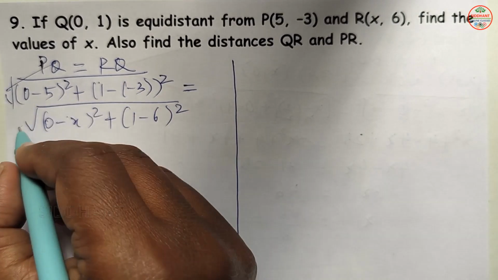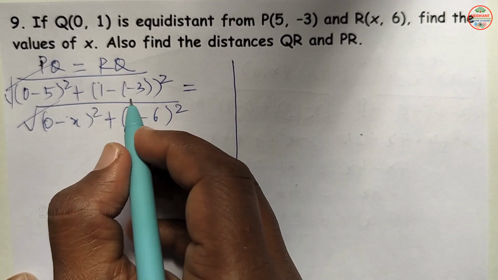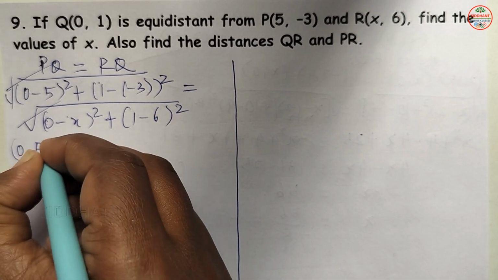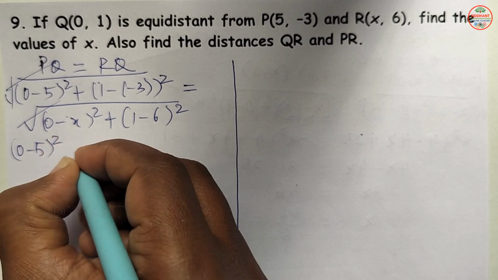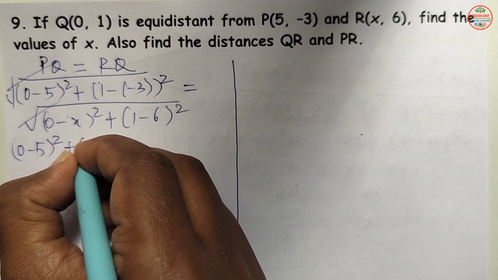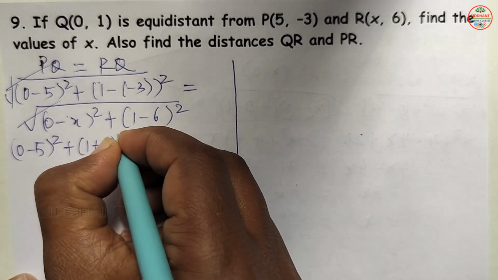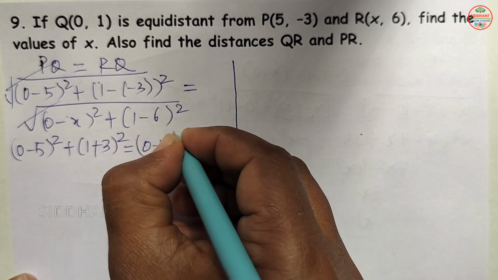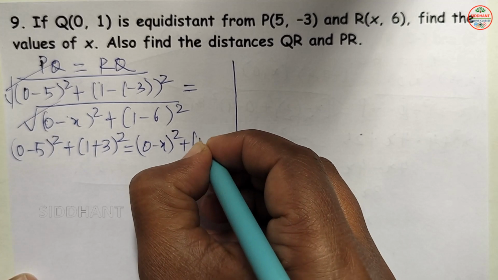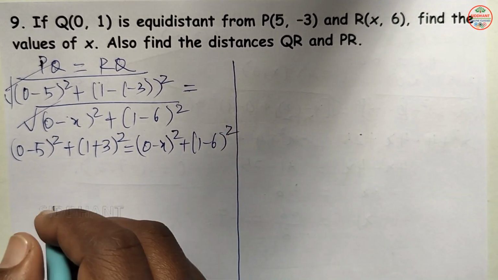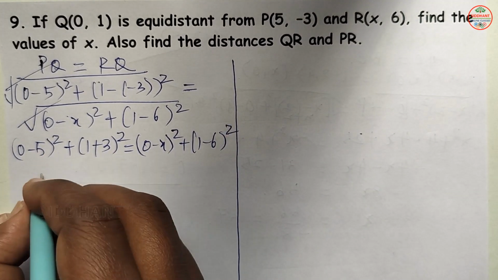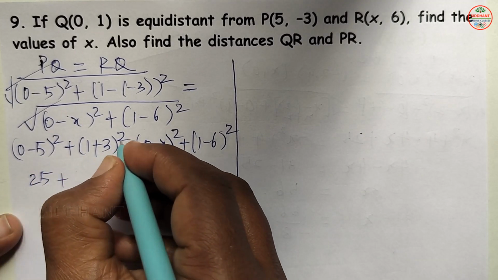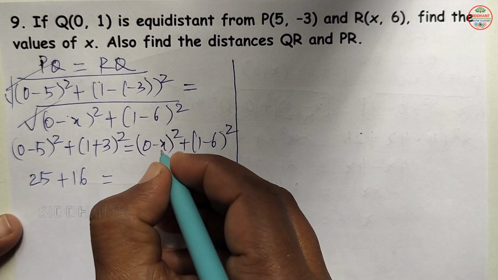So here the square root cancels. We are going to see (0 minus 5) whole square plus (1 plus 3) whole square equal to (0 minus x) whole square plus (1 minus 6) whole square. So here 5 square will be 25, 1 plus 3 is 4, 4 square will be 16, and here x square